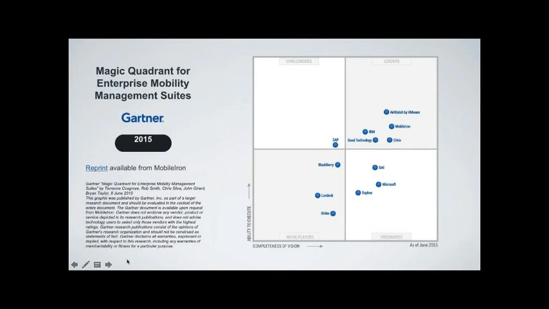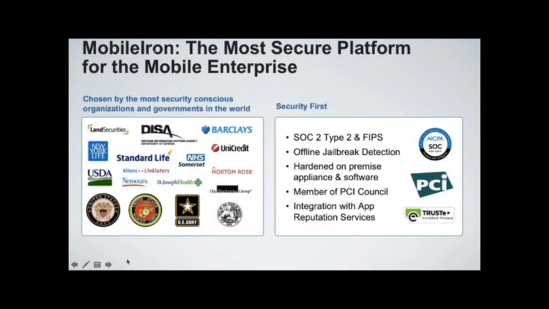Thanks, Richard. So just to draw some conclusions from what we've shown you today. Again, going back to the Magic Quadrant and where we are: one of the most innovative and certainly one of the leaders in this space. As I said, by all means, I would encourage everybody to read the Gartner report and see the details in that. We are being chosen by a number of organizations around the world, for our mobility, but also our security capabilities. You can see some organizations there, both in financing and government, but also the ability to align ourselves to standards.